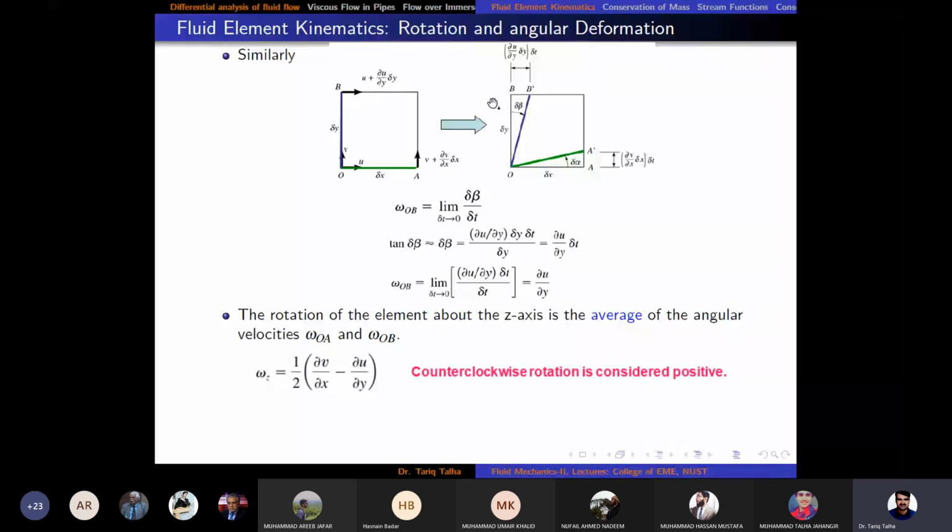No, because one is anti-clockwise rotation, one is clockwise. तो अगर हम anti-clockwise को positive रोटेशन लेके इन दोनों को ऐड कर दें, क्योंकि पार्शियल v बाय पार्शियल x is the counter clockwise rotation, तो उसको हमने पहले लिखा, और जो क्लॉकवाइज रोटेशन है उसको माइनस के साथ, क्योंकि ऐड जब करेंगे तो वो माइनस के साथ होगी। तो एवरेज ले लें तो हमें पता चल जाएगा कि इस एलिमेंट की एवरेज रोटेशन क्या है।